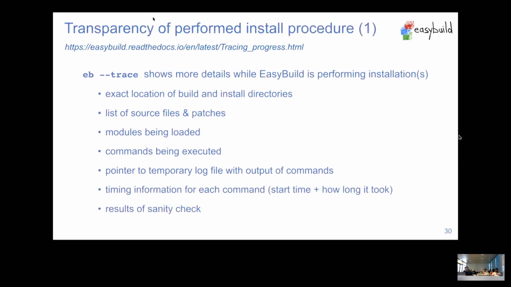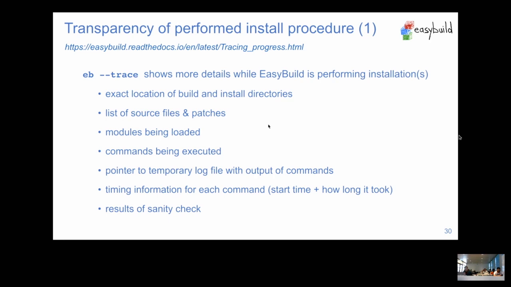Now, when you see the installation going, you just see configuring, building, installing, and it doesn't really tell you a lot. So very often you want to know what's going on in the background, either while it's doing it or upfront to get an idea of how things will be installed before actually going ahead and doing it. We have two options for this. We have the trace mode, let's say, where it will just provide you a bit more output while the installation is going. So it will tell you where the build directory is located, where the install prefix is, what